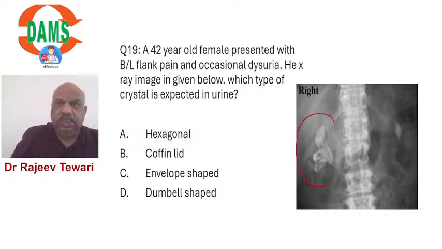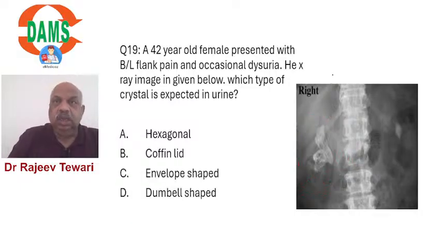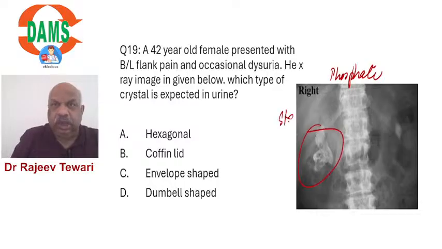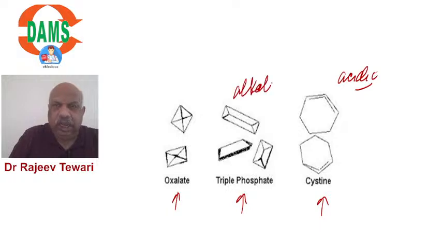Yes, this is a struvite stone, which is magnesium ammonium phosphate. So, this is a phosphate stone. This is Staghorn calculus, and here we get coffin lid appearance. So, oxalate gives envelope shape appearance, triple phosphate coffin lid, and cysteine hexagonal. This is found in acidic urine, this is found in alkaline urine, and oxalate can be found at any pH, acid or alkaline. So, alkaline has triple phosphate